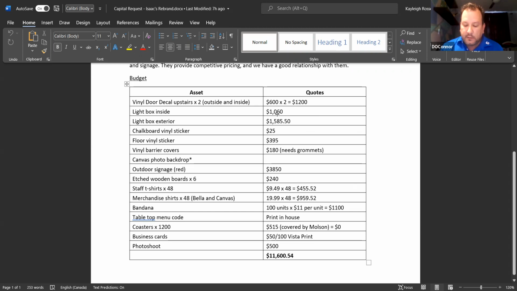The reason for the rebrand and the update of signage is so that we can have a consistent look on campus. Right now, our signage and the look is a mixture of items from past decades, and we're hoping to provide a makeover for Isaac's that will help enhance the brand on campus and give our restaurant a fresh new look.